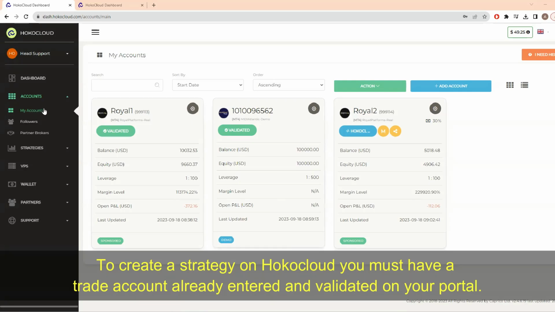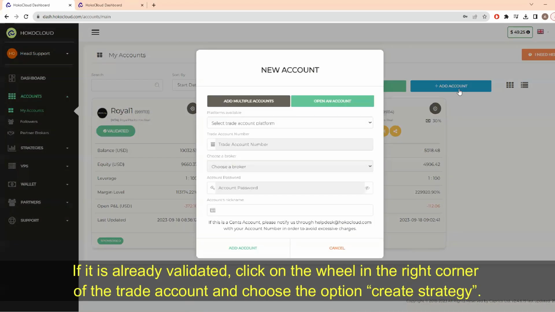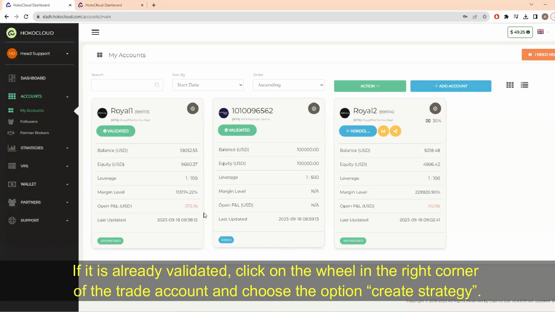To create a strategy on HokoCloud, you must have a trade account already entered and validated on your portal. You can do this in My Accounts under the Add Trading Account button. If it is already validated, click on the wheel in the right corner of the trade account and choose the